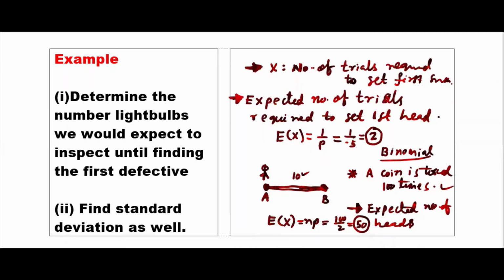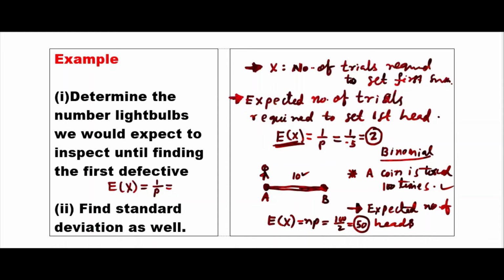After 2, you will start thinking about other things. Maybe this coin is wrong, or the other guy is tricking you, whatever you can think. That's a separate thing. But if you don't get it in the first one, you will feel it's okay, because there is a 50-50 chance. But you will expect to get it in the second one, okay? The first success in the second trial. We're talking about expected number of trials here. Here also you need to find E of X, that's all. 1 upon P, that is the answer, okay?